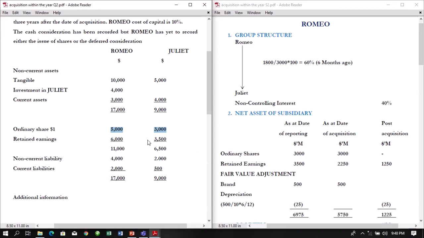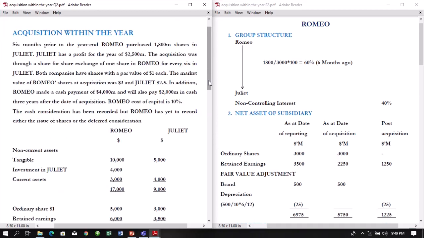And also, what is my retained earnings at the date of reporting here? My retained earnings at the date of reporting is also 3,500. Very easy and straight. Now, we are told something here. Coming to the beginning of the question, it says 6 months prior to year end, Romeo purchased 1,800 million shares in Juliet. And listen again, the question says Juliet has a profit for the year of